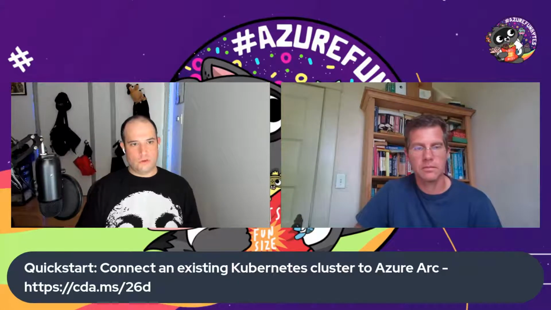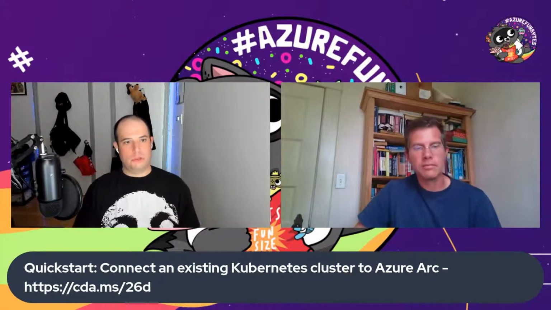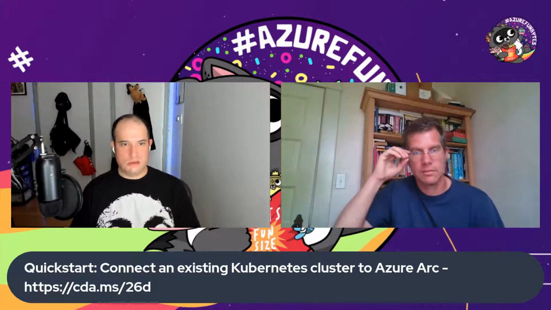And so that's one of the things I just brought up. There's an article here from our docs, the quick start, how you can use an existing Kubernetes cluster and add that into Azure Arc. Have you seen that much lately? Have you seen people actually taking that decision to, I guess, acquire Arc after the fact and make their clusters part of a bigger Azure solution?